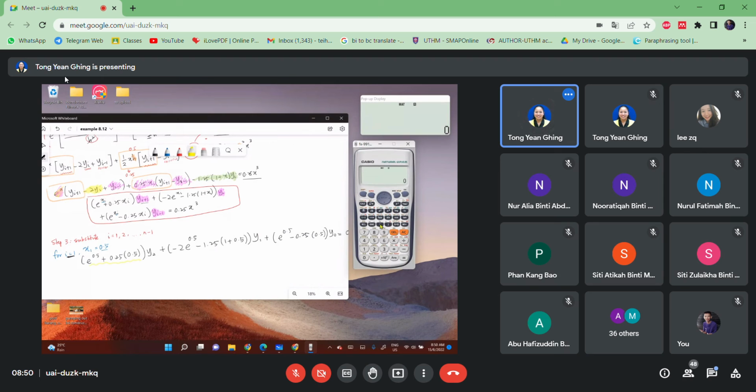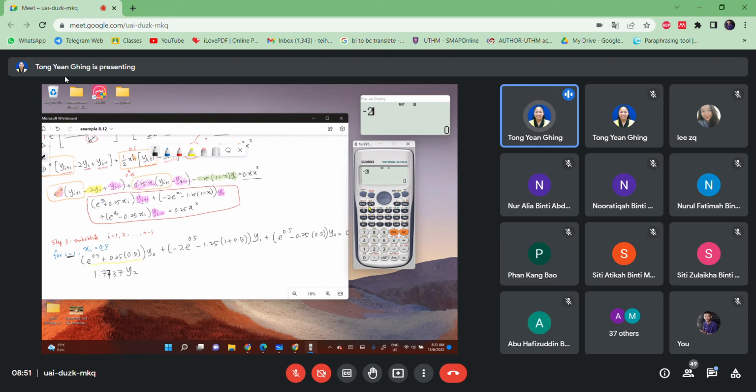Except put in the bracket first. 0.5 tutup, and then plus with 0.25 times with 0.5. So 1.7737. So here 1.7737 y2, and then here this one